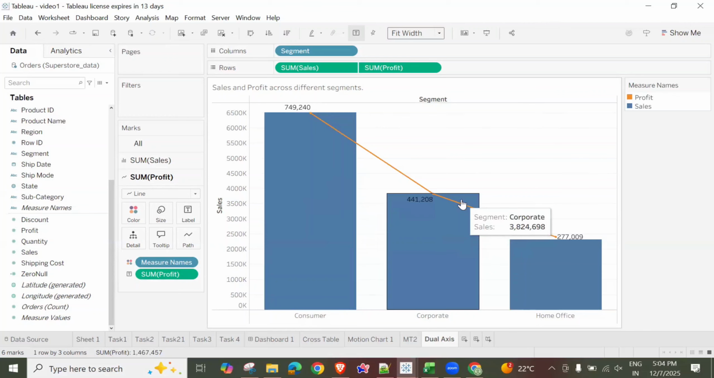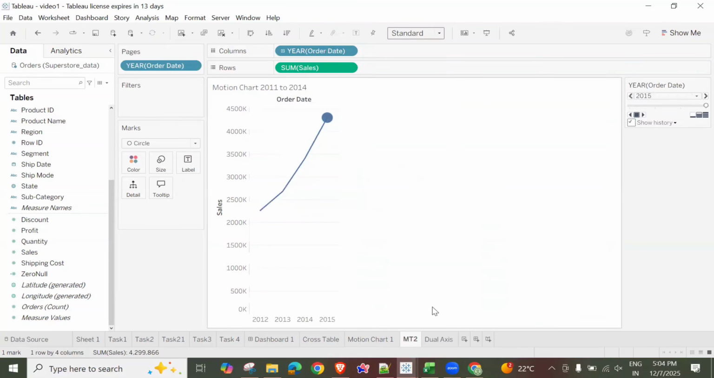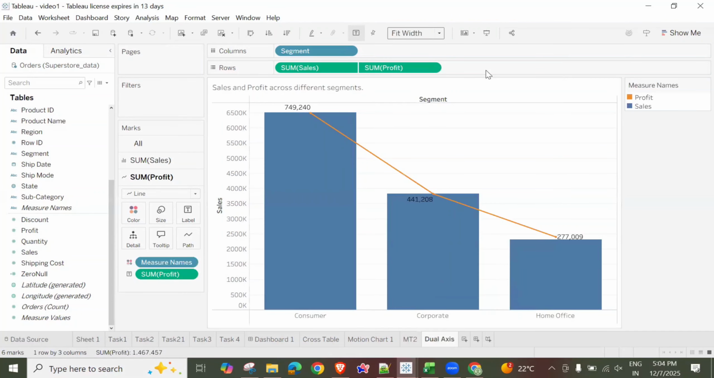We'll look at how we are going to use more charts. Today's sessions covered motion chart, dual axis, cross tables, filters, how we are using filters, and how we are using pages to modify our motion chart. And last but not least, how we are adding multiple columns or multiple data in the same row and how we are